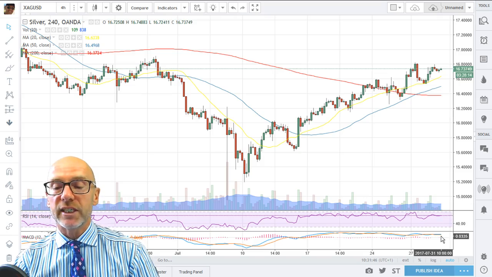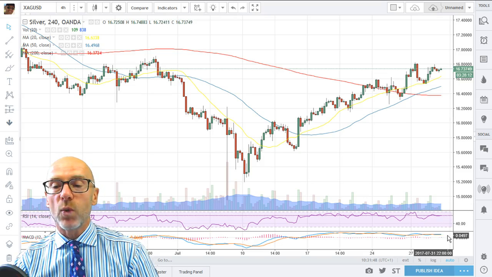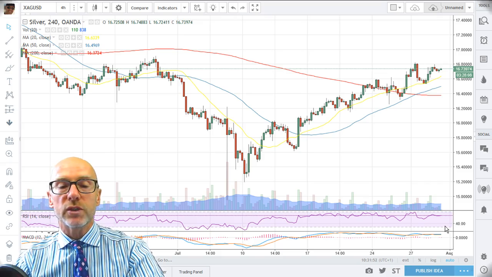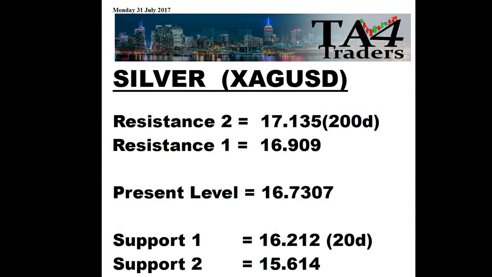And the MACD are also flatlining, so be aware of that. Looking at the support or resistance on silver, got resistance at 16.9, and then, as I said, the 200-day at 17.135, with the support at 16.212 and then 15.614. So that's been TA for Traders, having a look at the price of silver on the